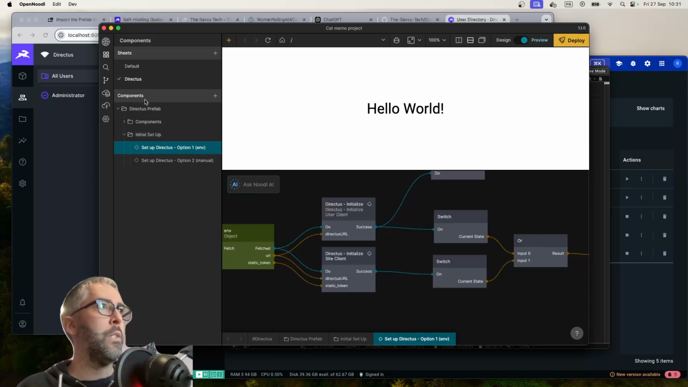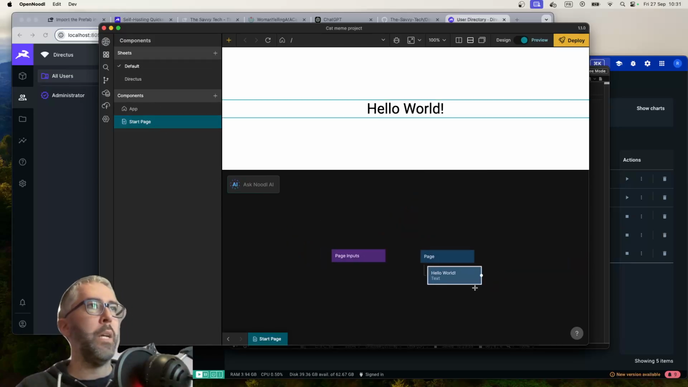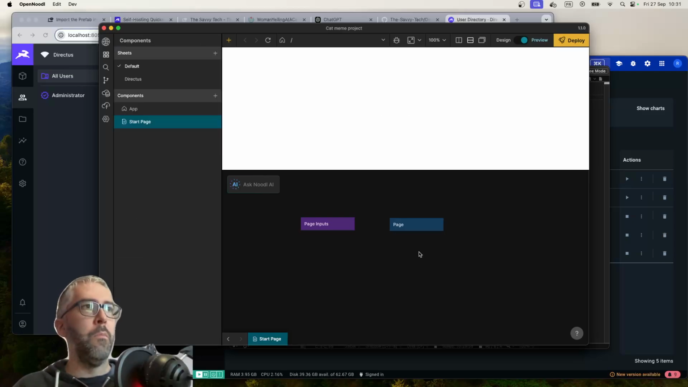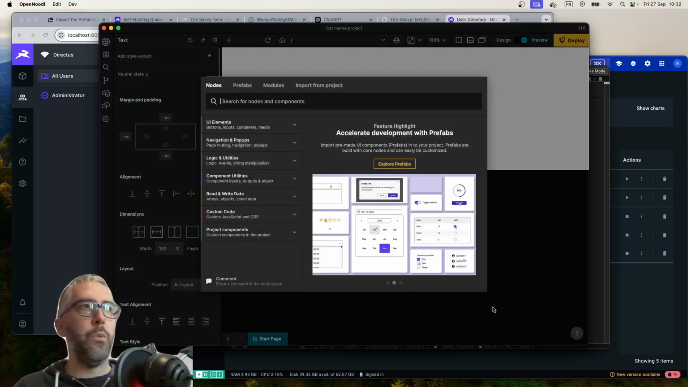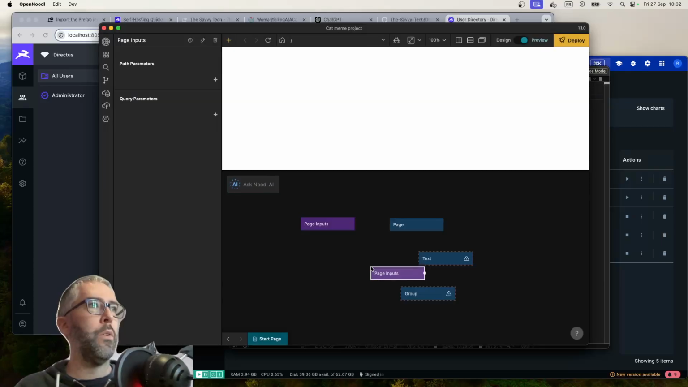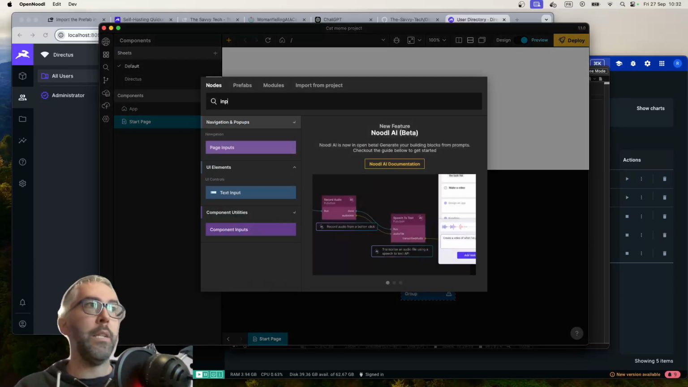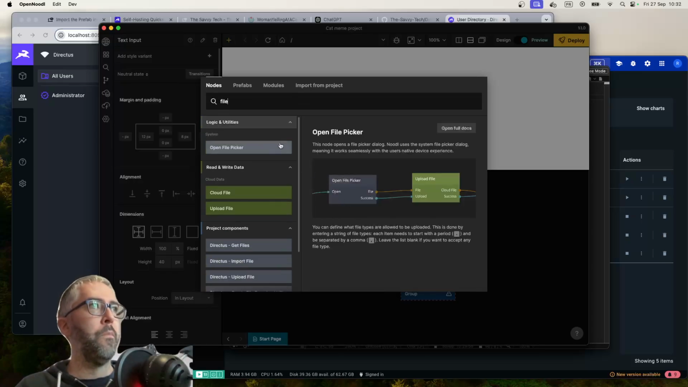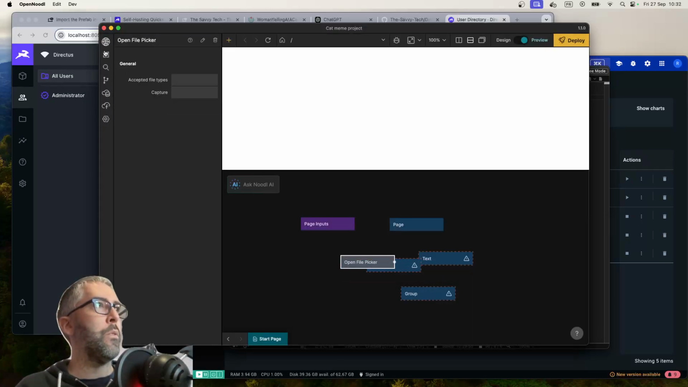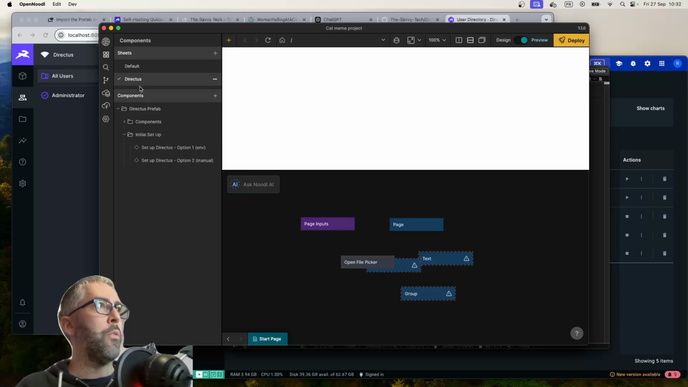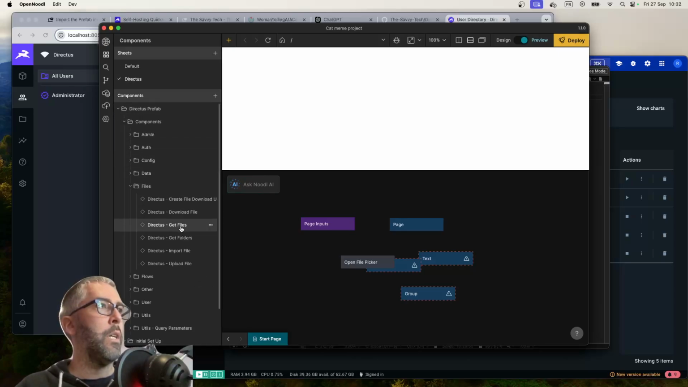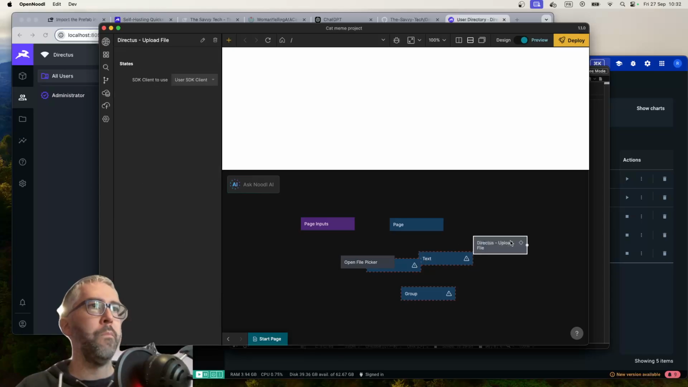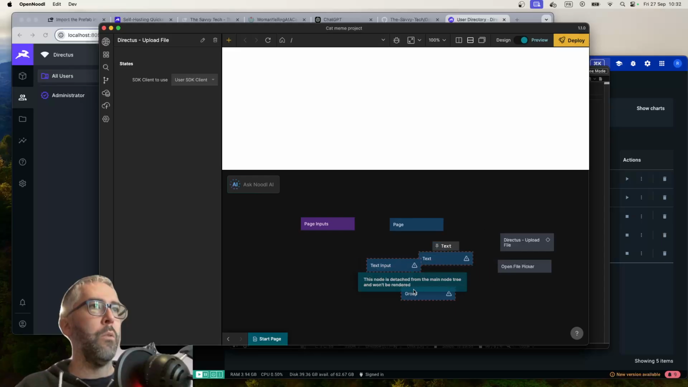Now what we need to do is set up a page. So we'll go to our start page, and we're going to have a group and a text and an input. Oops. And the text input and a file picker. And there was also a thing in the Directus prefab for file uploading, I think. Files. Create, import file, upload file. There we go. So we're going to upload a file with the file picker, and we're going to have a